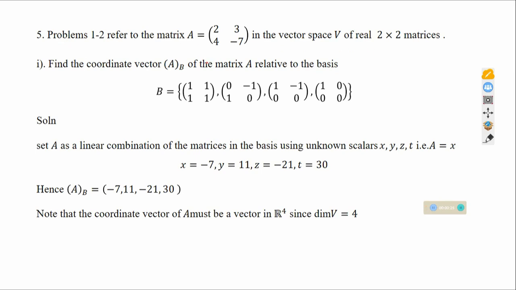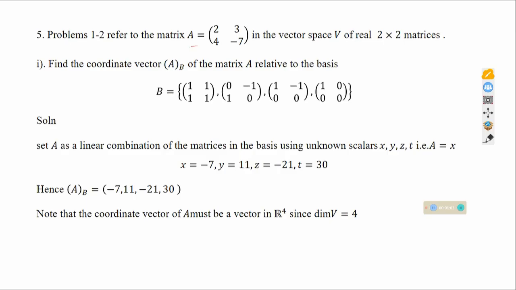So you need to find the coordinate vector of A relative to the basis B. This one here, the coordinate vector of A, we are referring to this A. Then the basis, we are using the basis consisting of these matrices here. So you are interested in getting the coordinate vector of A relative to B. And for that case,